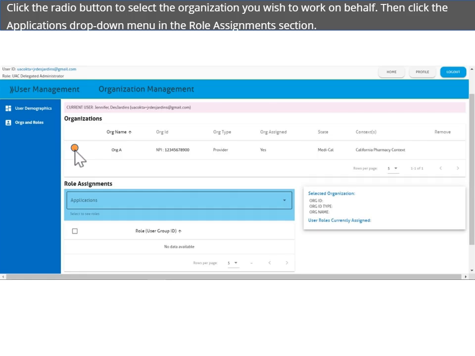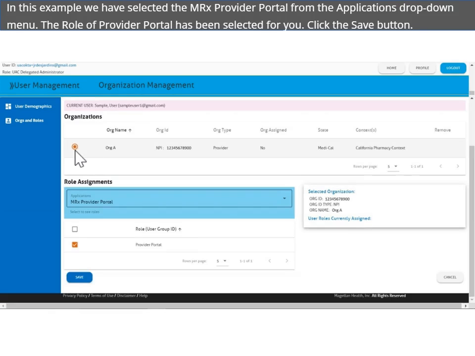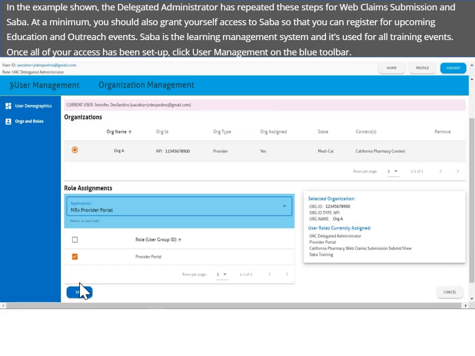Then click the Applications drop-down menu in the Role Assignments section. In this example, we've selected the MRX Provider Portal from the Application drop-down menu. The role of Provider Portal has been selected for you. Click the Save button. In the example shown, the Delegated Administrator has repeated these steps for web claim submission and